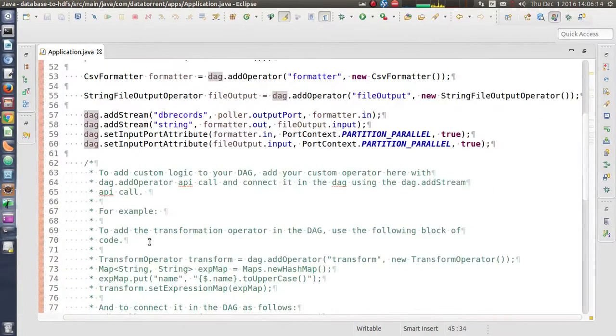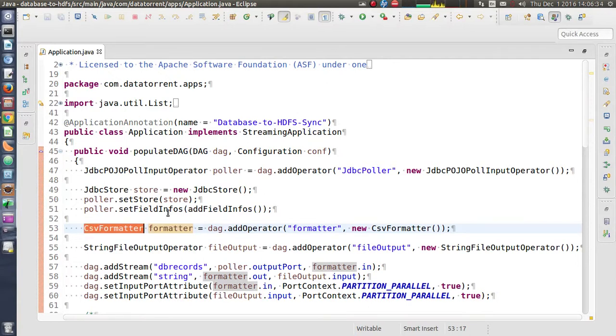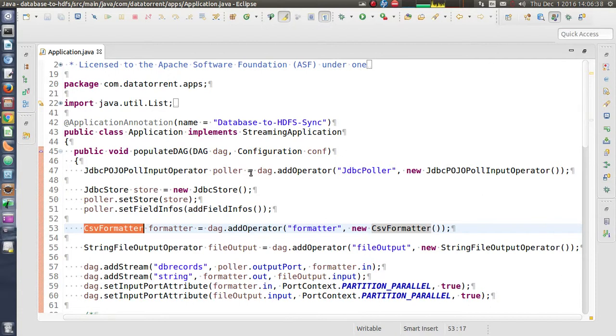For this particular app template, we have started with the JDBC input operator, and it needs some JDBC store, so we have defined the store over here. The next operator is the formatter. It could be a CSV formatter or a delimited formatter.